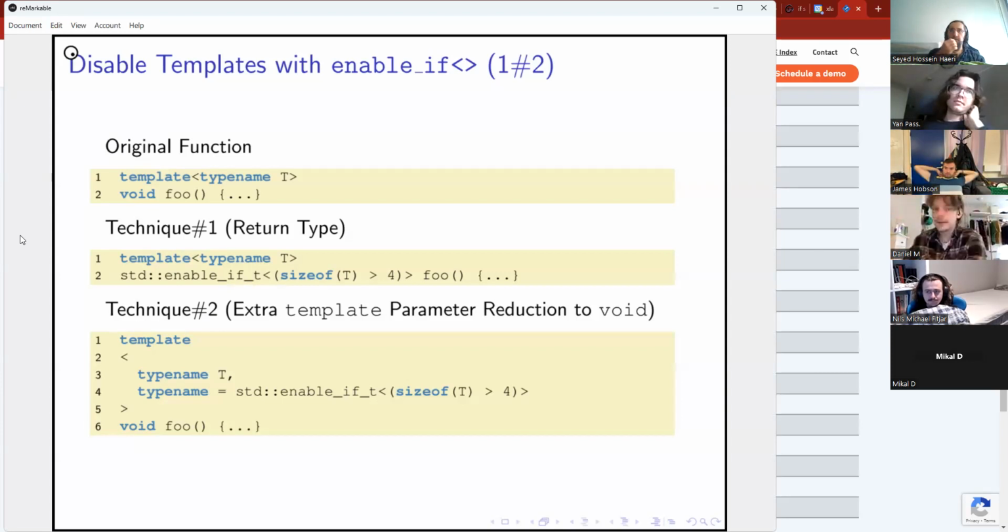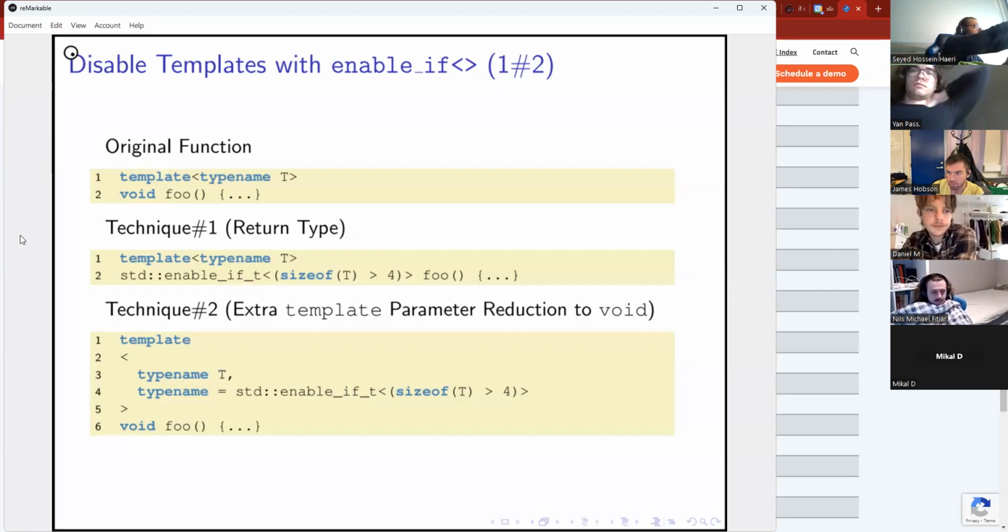Now, let's say that you have a function foo that is templatized, and you want to make sure that you can only call this function with T's that have a size bigger than 4 units of size, and this is usually bytes, right?